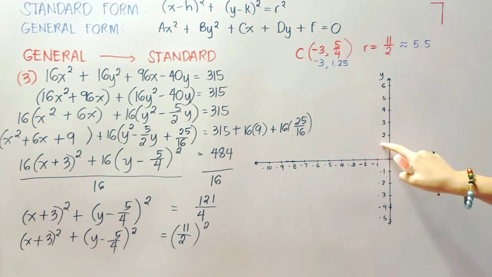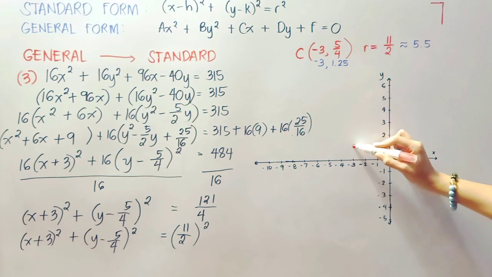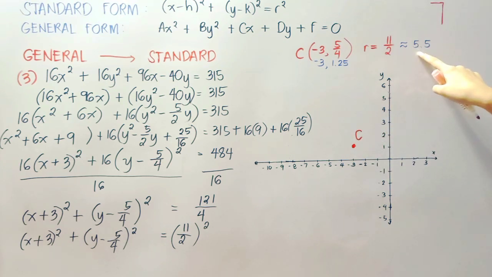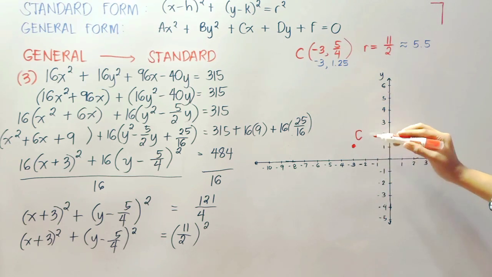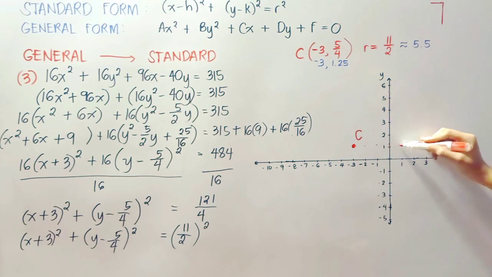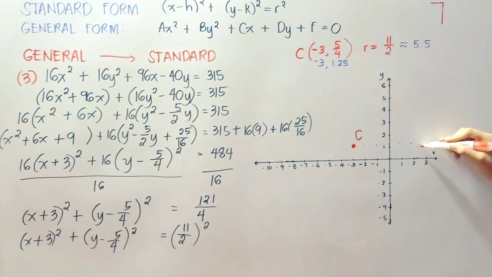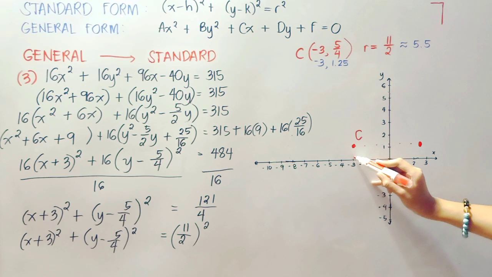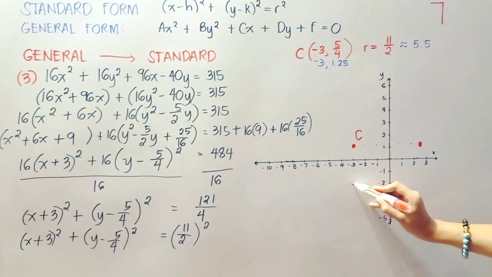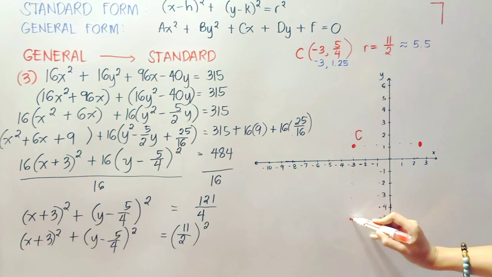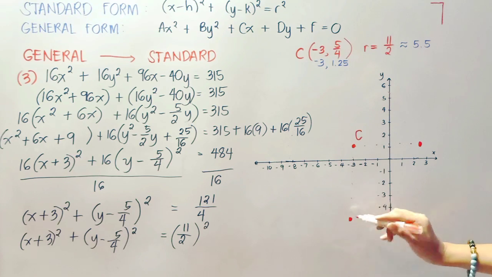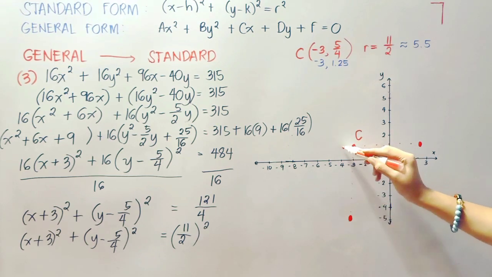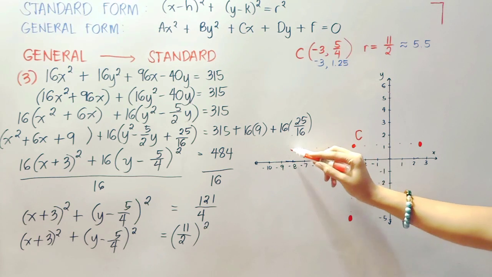So it's -3, positive 1.25, so it's in this portion, and this point is our center, and we'll have to count 5.5 units. 1 2 3 4 5.5, so this is 2.5 and then 1.25, then another 5.5, 1 2 3 4 5.5, so this is 4.25, so that point is -3, -4.25, and 1 2 3 4 5.5, so that's